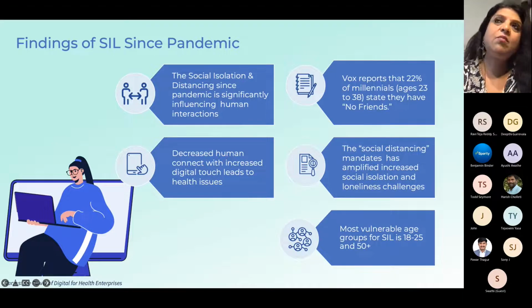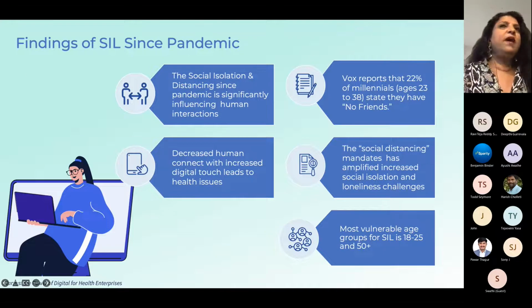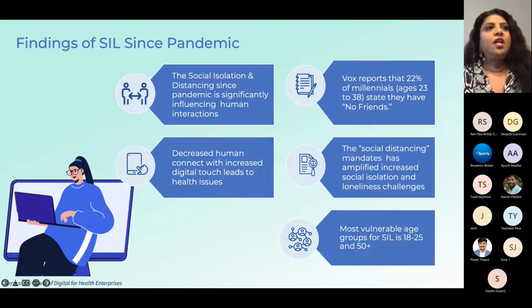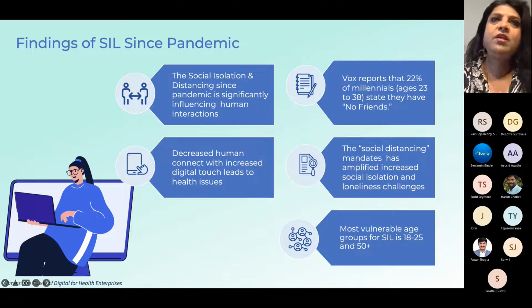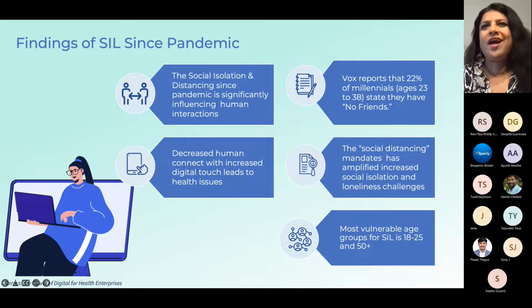So that becomes the third most important factor that has come around since the onset of the pandemic: the fact that we moved in healthcare. We have always been backward in digital enablement. So suddenly, when the pandemic hit and we had to be all socially isolated, we went from being all interactive to completely virtual healthcare, not having any human touch and connect. Human touch is one of the healing factors in healthcare. Healing comes from touch, and when that is missing and you're seeing your patients over a video or virtually, it kind of lacks that same level of connect with that patient.